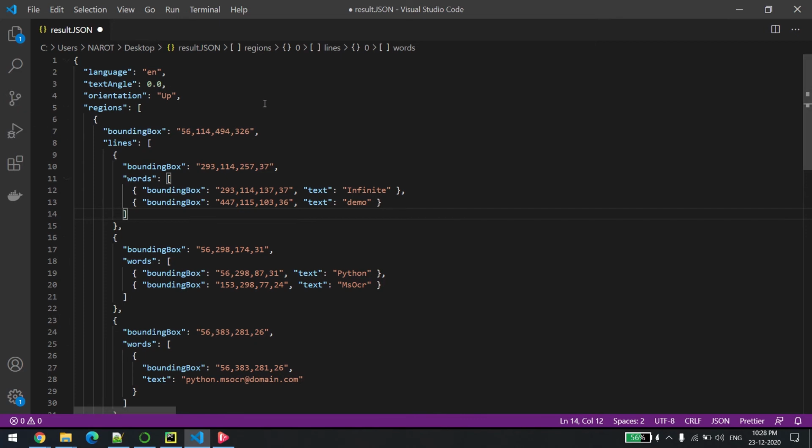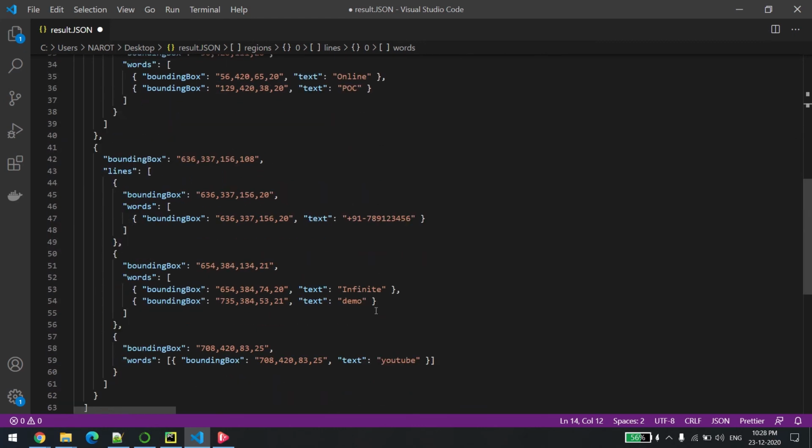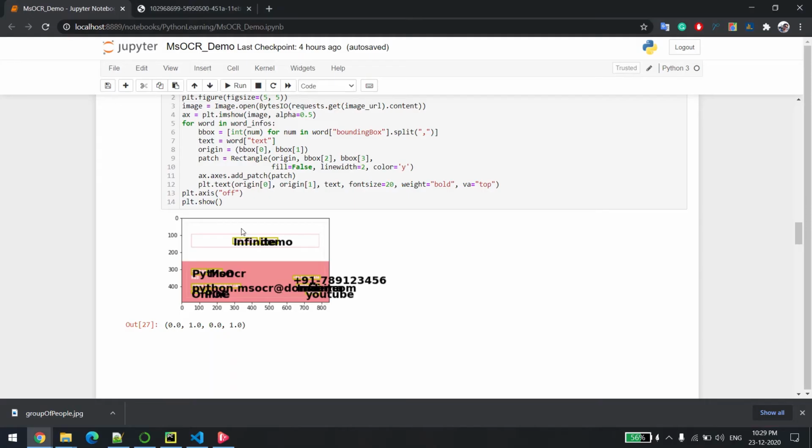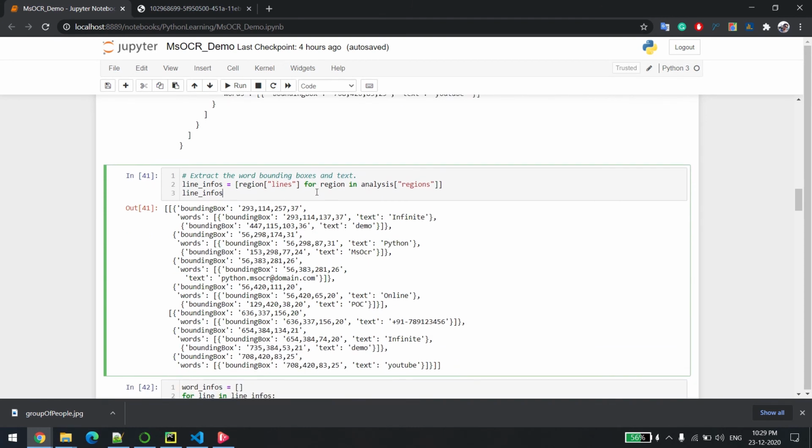One more thing: for example, if you want to print only the text, you can just parse from the top to the bottom and print all the text if you don't want the coordinates. So if you go back to the Jupyter notebook over here, it's the same JSON, and you just need to iterate through all the lines. First, I'm iterating through all the regions.